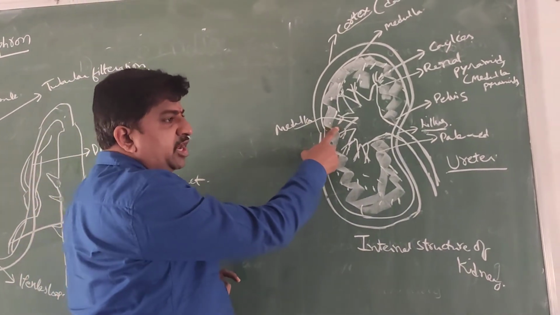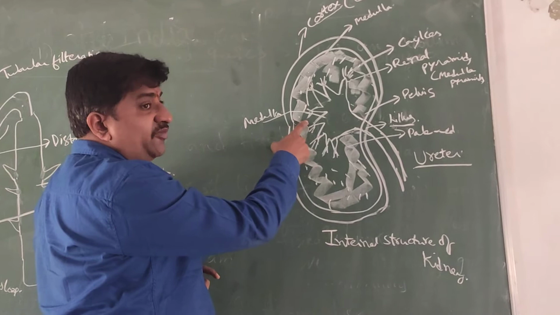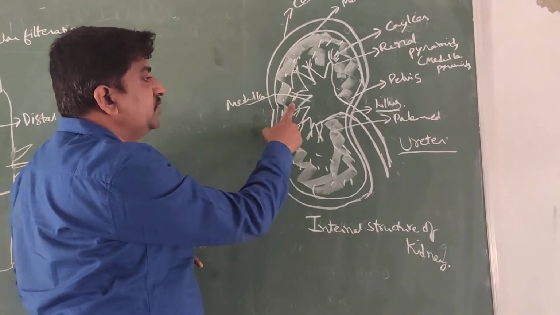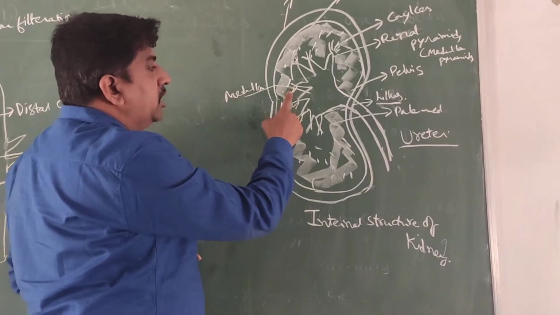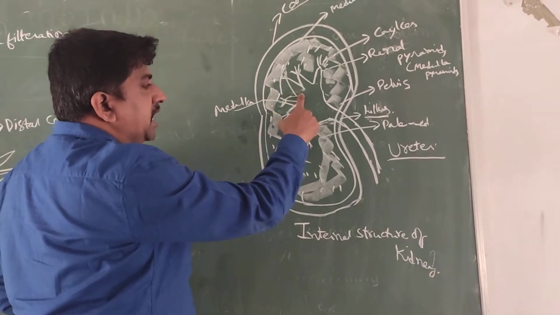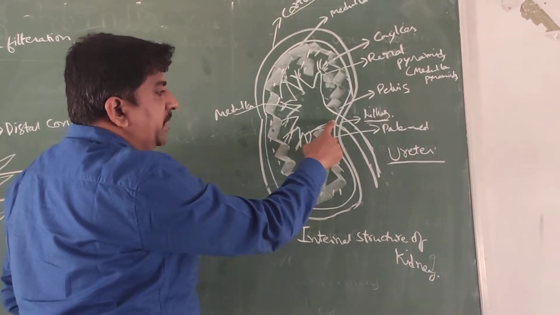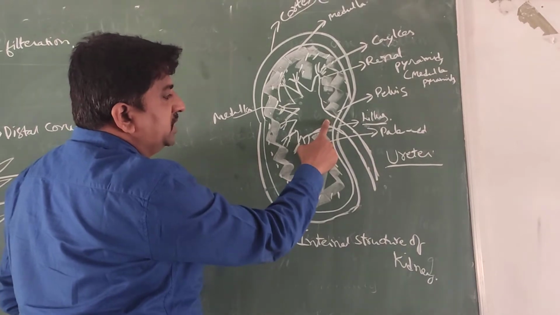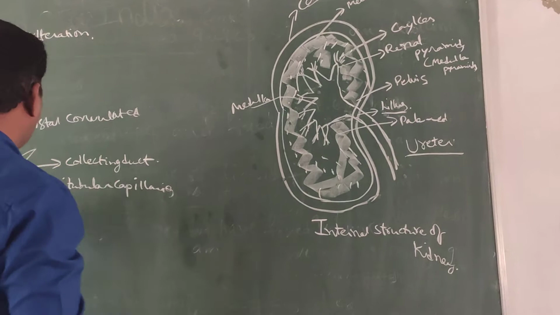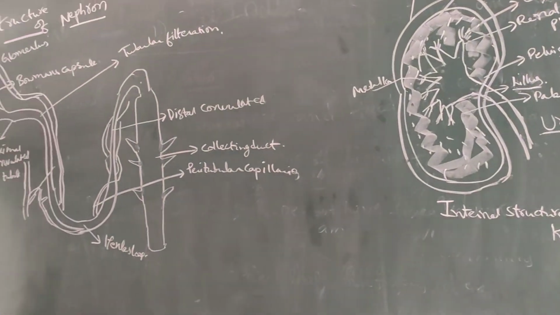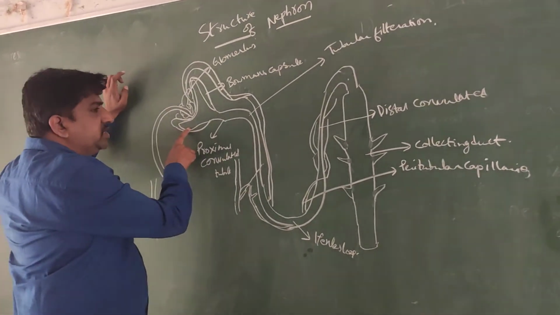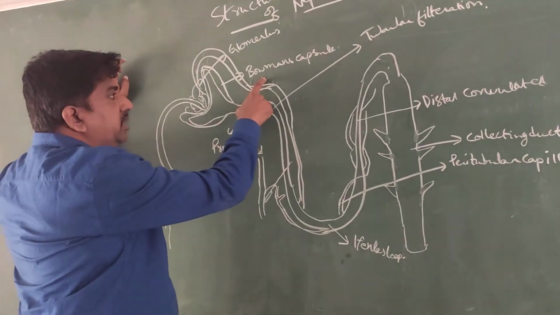I taught yesterday that the renal artery brings the oxygenated blood, but somewhat the waste substances are also there in the oxygenated blood. This is filtered through the nephrons. After the filtration, it goes to the calyces region, and from the calyces to the pyramids, then through the pelvis. This pelvis supplies the urine outside through the ureter. I explained this yesterday. But now I am going to explain clearly the structure of a nephron. What are the structures?